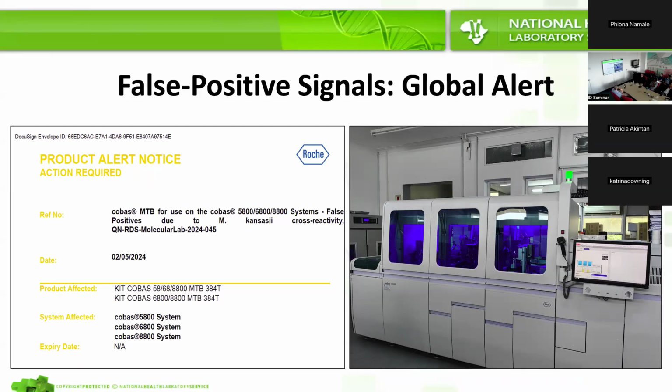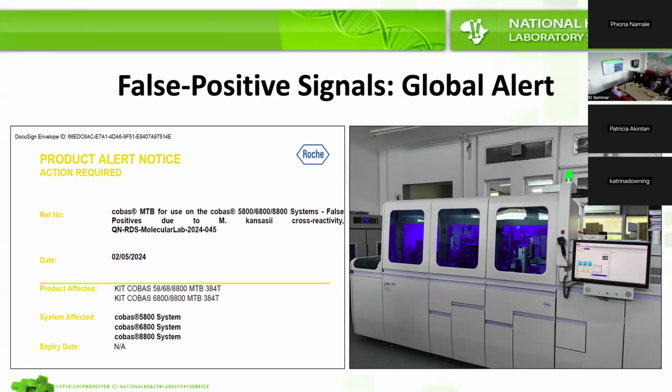Most of the microbiologists, or those in the wider TB groups, would be aware of this. So that is the Roche Cobas instrument, which is present at Greenpoint Laboratory. You are using the BD Max here at Curtis-Ski, and the peripheral labs mostly use the GeneXpert Ultra. There's been a global alert sent out now, where the Roche Cobas is detecting specifically Mycobacterium kansasii complex. And this is from the cultured isolate. So if your culture counts go very high, above 10 to the power of 6, the Roche is making a mistake, potentially cross-reactivity, and calling that kansasii as Mycobacterium tuberculosis complex.